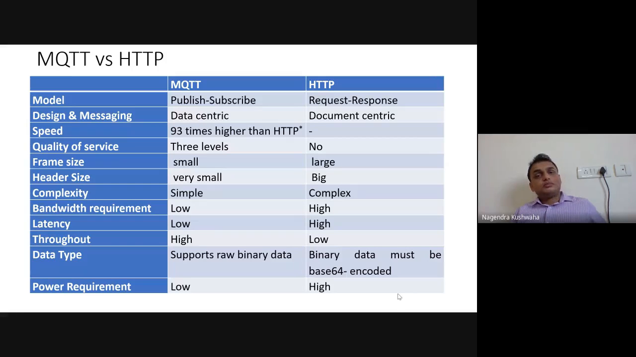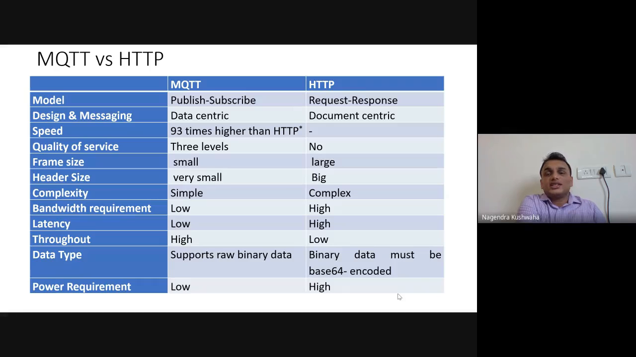MQTT is designed to be data centric, while HTTP is designed to be document centric. And why is it data centric? Because it is specifically designed to focus on IoT communication. So that's why it is data centric. The speed of